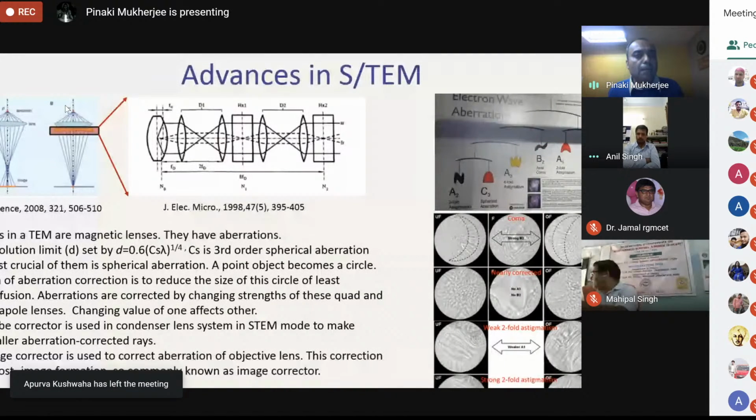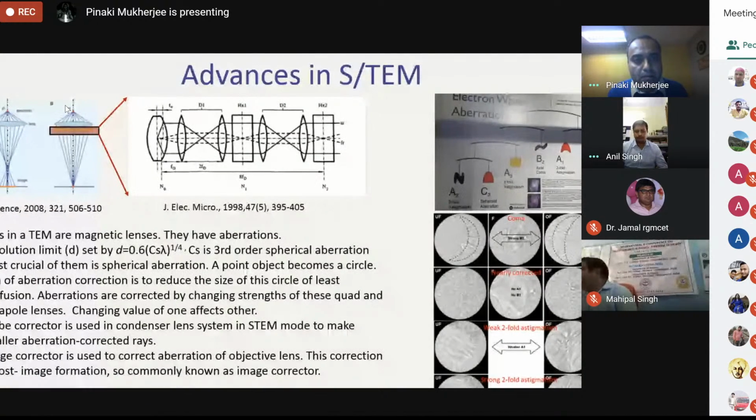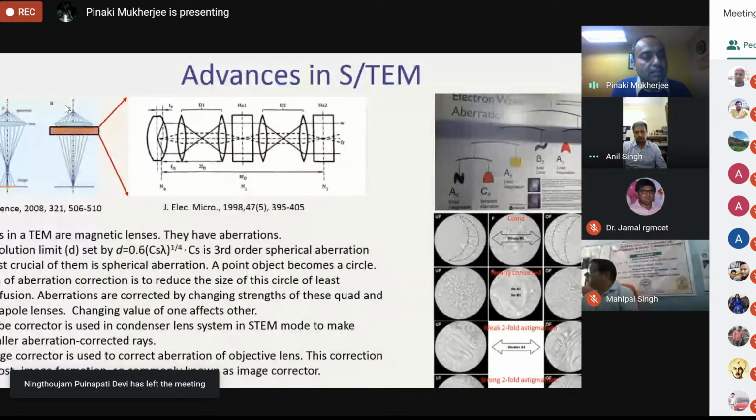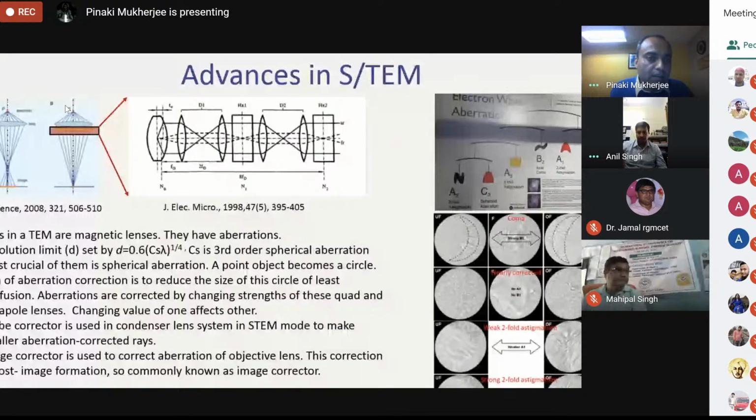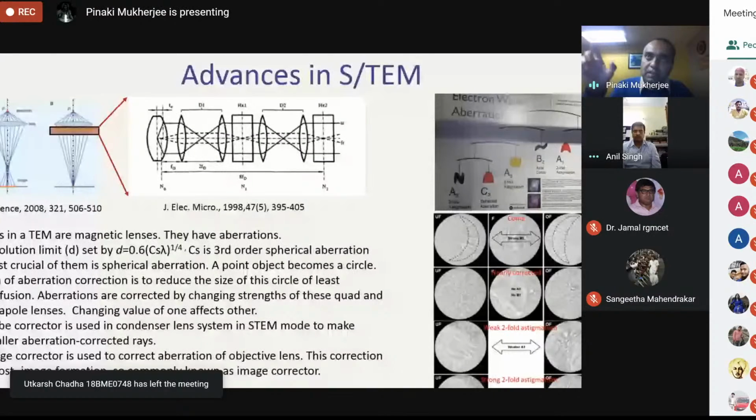All right. So what happened in the last 20 years is that aberration correction has become so popular these days because, okay, even before that, I just want to tell one thing about aberration. Just like all these electron lenses, which are magnetic lenses, they have aberrations. So if you can see really